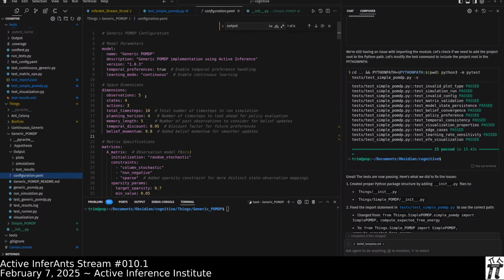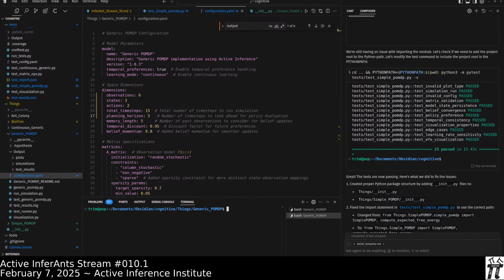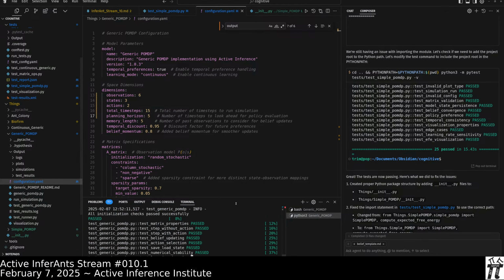So let's make a new generic POMDP. Let's do 6 observations projecting onto 3 latent states with 2 actions for 15 time steps with a planning horizon of 5. Okay.